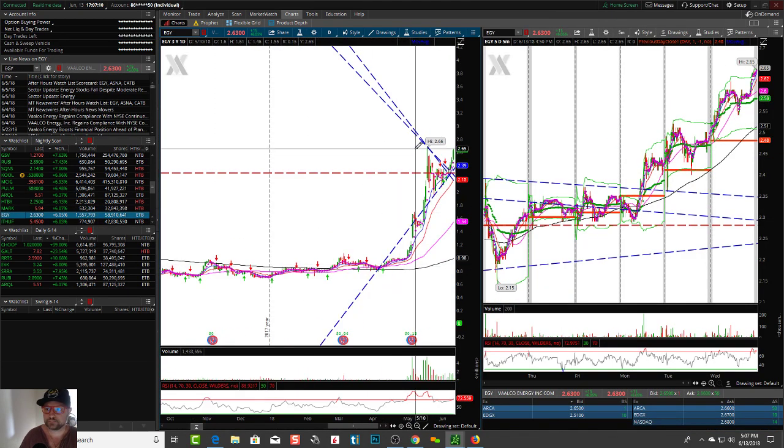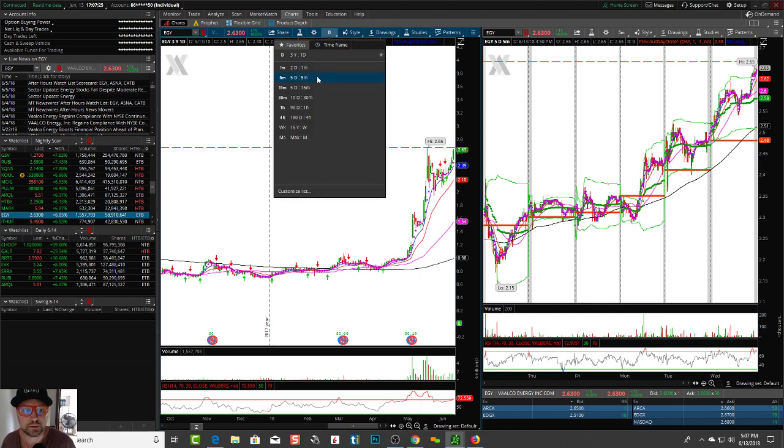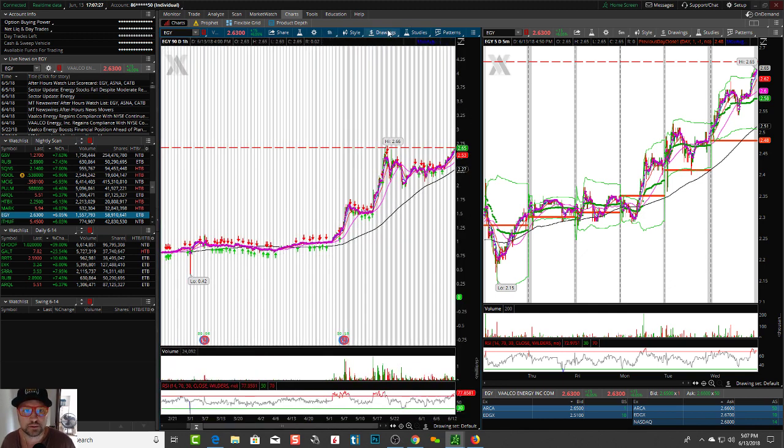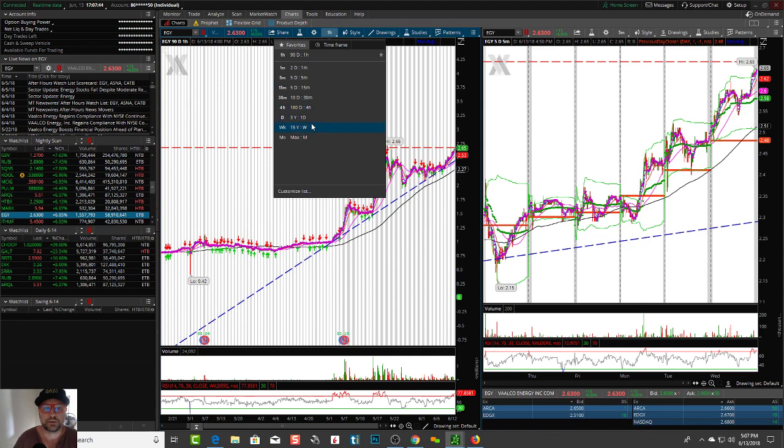Aha. This is kind of the stuff I'm looking at right here. Clearly defined top, 266. When I zoom in, I'll go to hourly, probably make it easier. Now, here we go. You can see an ascending triangle. Clearly defined resistance, 266. That's an area you want to see it break out and hold. I have a pattern, higher lows, a top. That's the stuff I'm looking for.